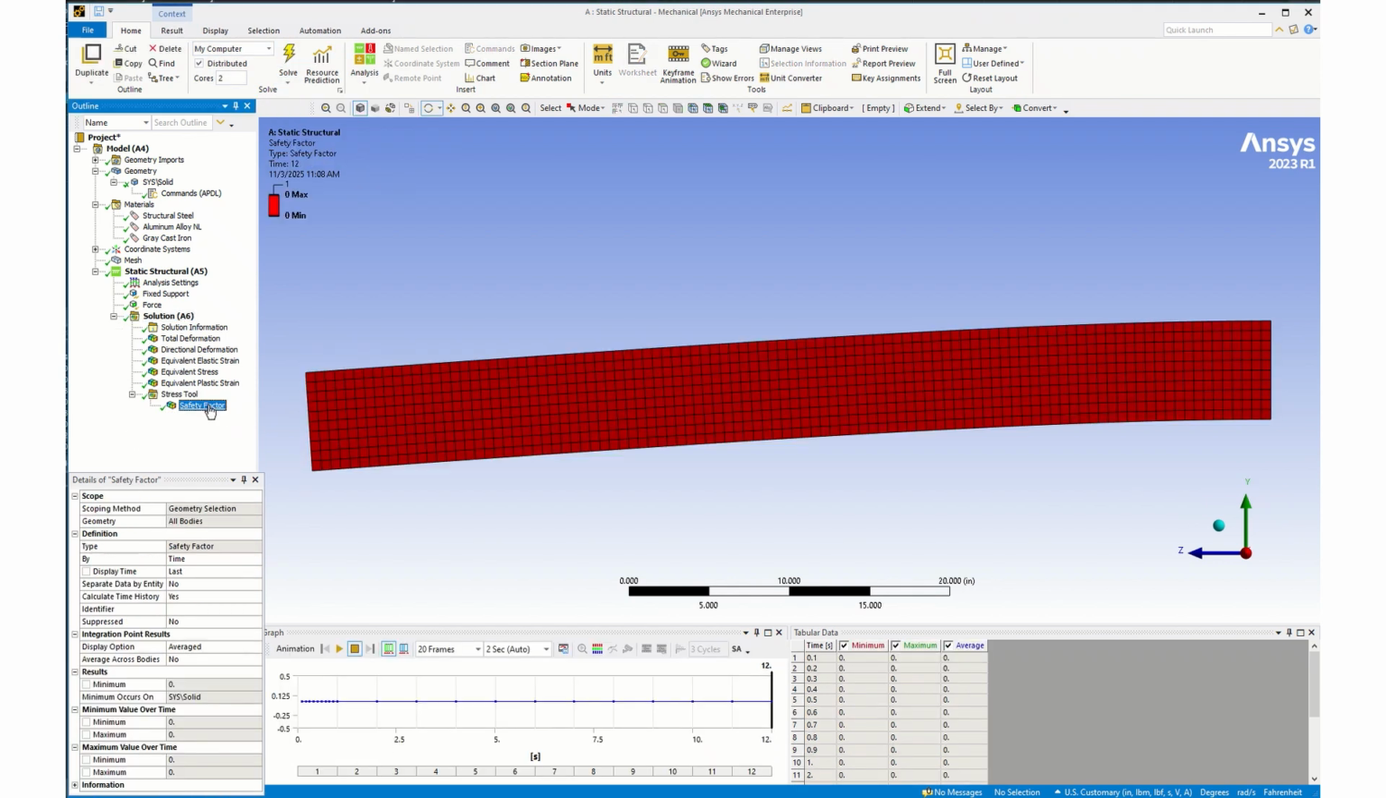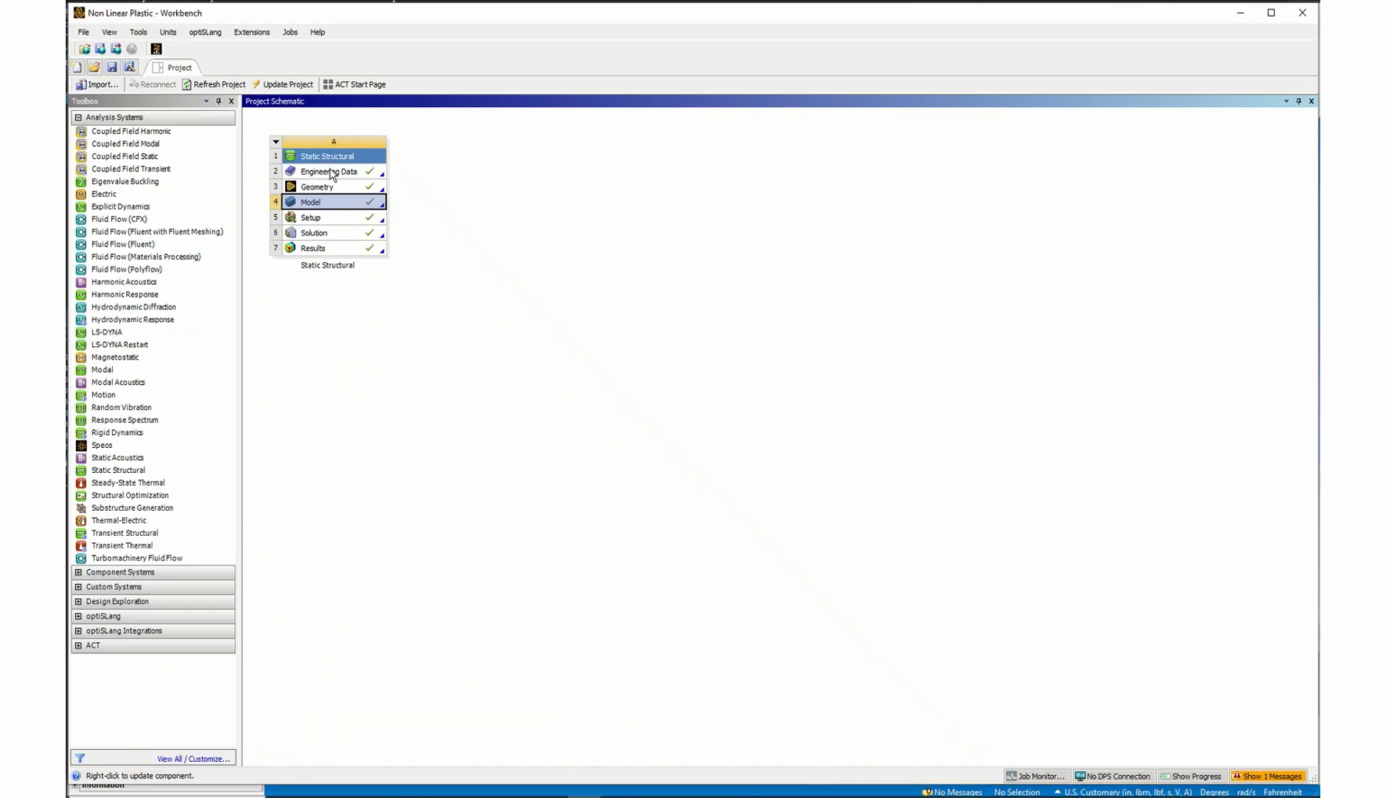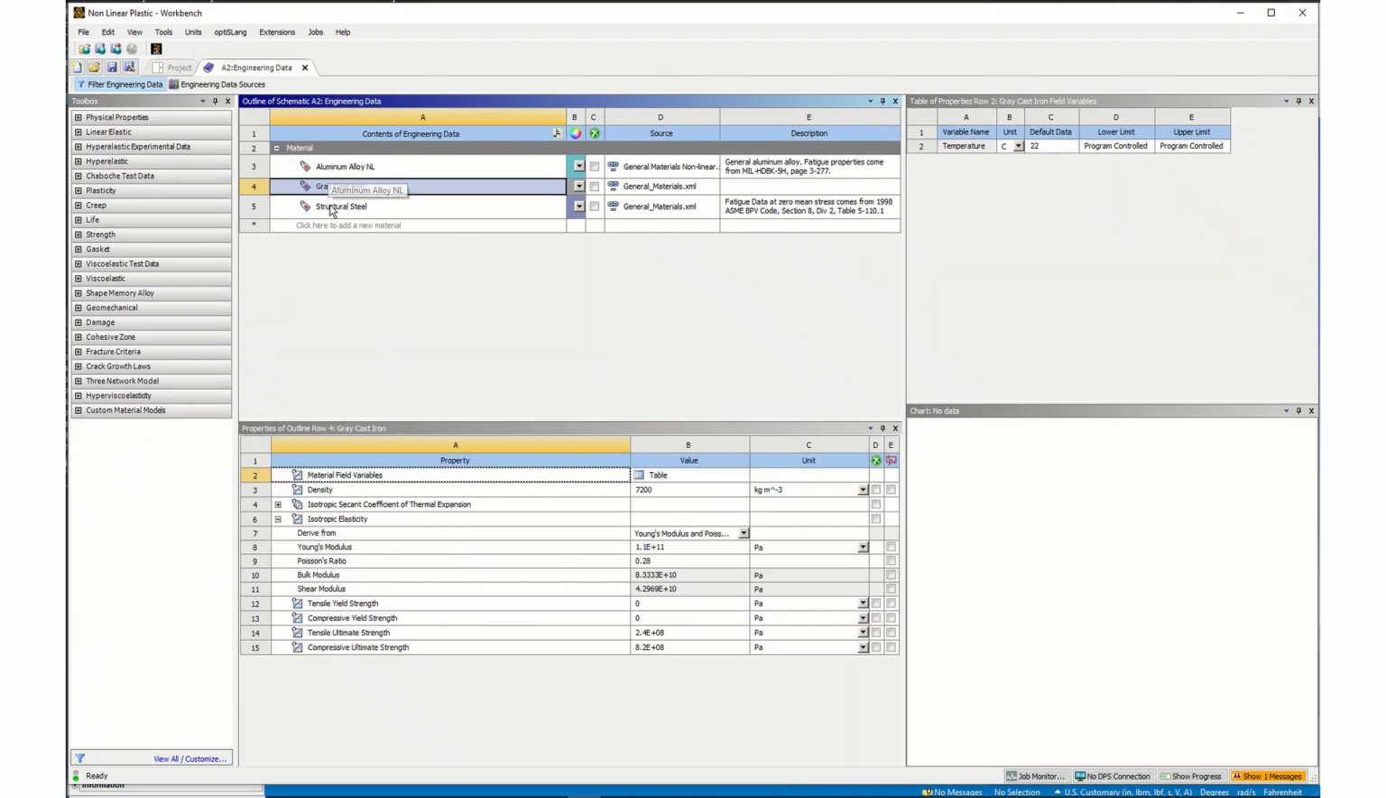Now when I click on my safety factor, I see, hey, I'm still getting a red sign. So that makes me come back and think about, well, what are my material properties? And so if I come back to Workbench and open up my engineering data again and click on my gray cast iron, I can come down here and look at my tensile yield and my compressive yield, and I can see that those are zeros. And so there's nothing there that ANSYS is able to use to determine a safety factor